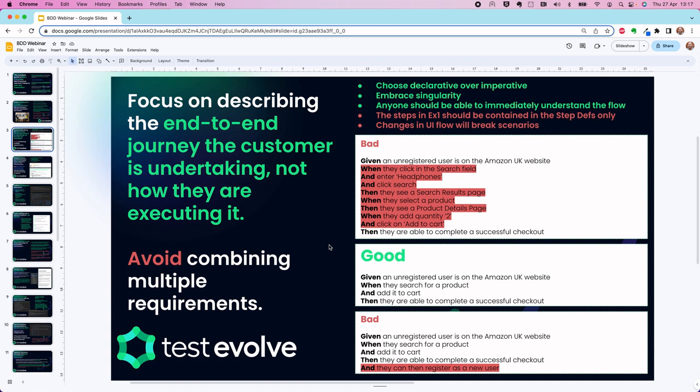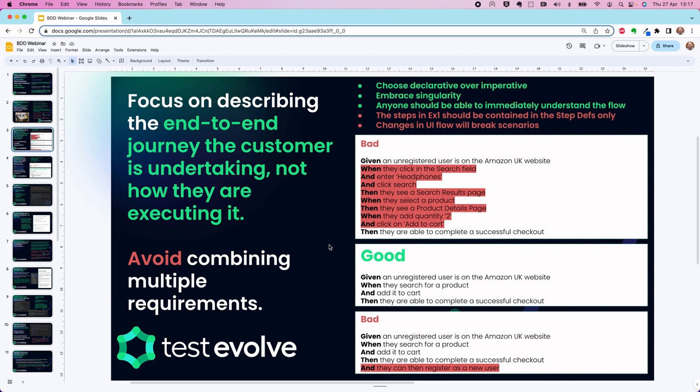okay, because there's too much detail. All right, so what we say is that level of detail we take a level further down within the framework, within the automation tests. All right, this should sit within our step definitions, which we'll talk about shortly. The other thing with having that level of detail in your scenarios, as you can probably understand, if there are bugs or there are intended changes in the front end workflow or user journey for that customer, they will then